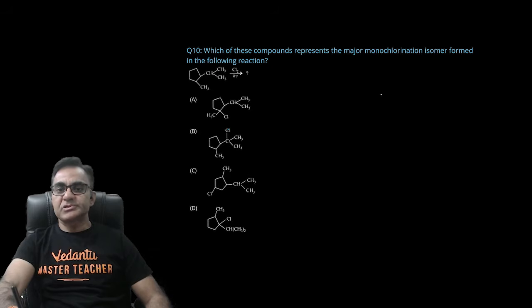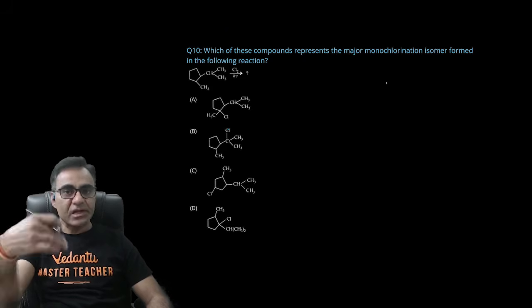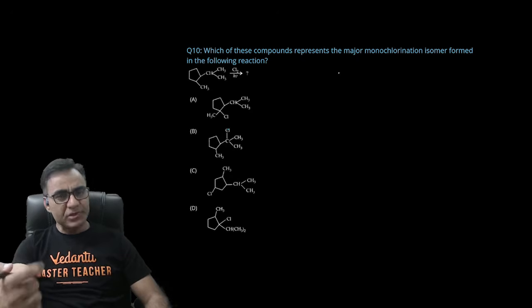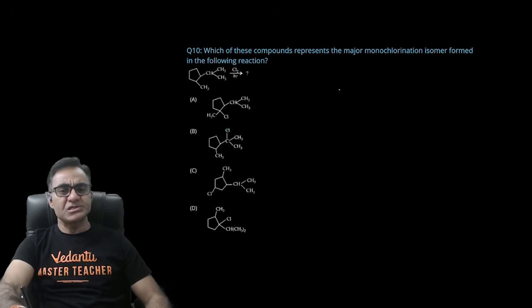Which of the following represents major monochlorination isomer formed in the following reaction? मतलब monochlorination करा रहे हैं saturated hydrocarbon का, तो कौन सा major product होगा। हालांकि chlorination में कई बार ऐसे इस पे भी depend करता है कि जो relative reactivity है hydrogen की वो कितनी ज्यादा है, same time एक probability factor भी होता है कि एक type के कितने ज्यादा hydrogen atoms हैं। But जो particular example हम लोग देख रहे हैं वहां पर hydrogen में बहुत ज्यादा difference नहीं है, इसलिए stability of intermediate से हमारा काम हो जाएगा।